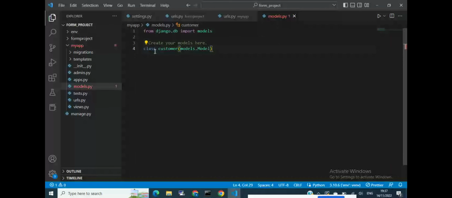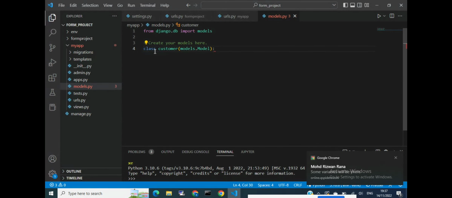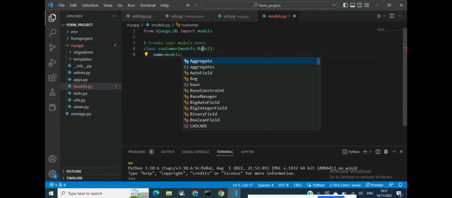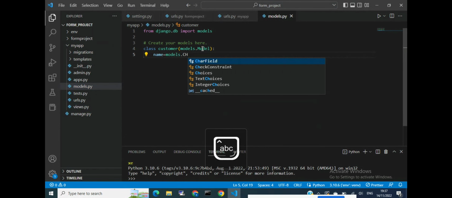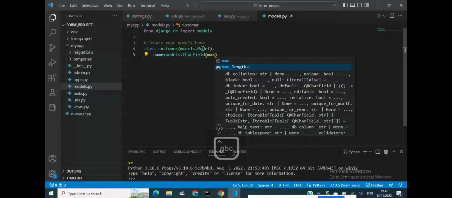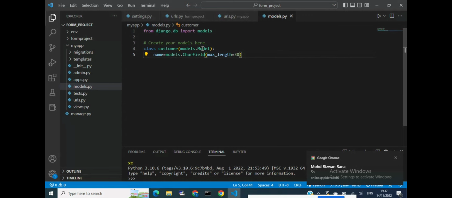So after that, some variables will be there. Now we have to take some variables. That variable name itself is a column name. That's it. So how to create a field? You have to make use of models. Then inside this models, you will be having some fields. For name, usually we take a CharField. For CharField, you have to mention the max length, 30. Okay. Like that for email,